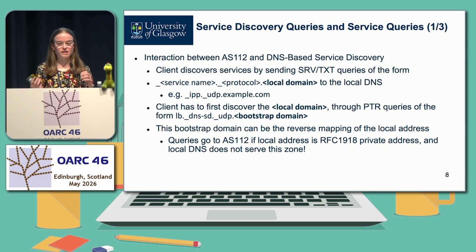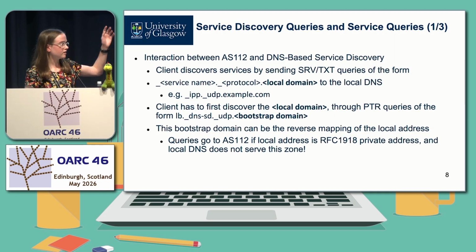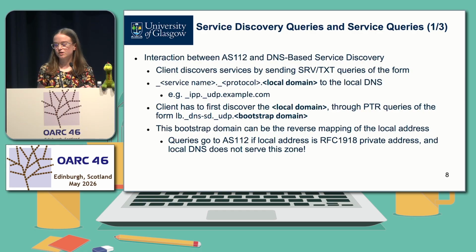A more unexpected type of traffic that we saw are service discovery queries and service queries. This is due to interaction between AS112 and what's called DNS-based service discovery. DNS-based service discovery allows clients to discover services on the local network using unicast DNS by sending queries of the form _servicename._protocol.local domain. So for example, if the local domain is example.com and the service is IPP, it would be